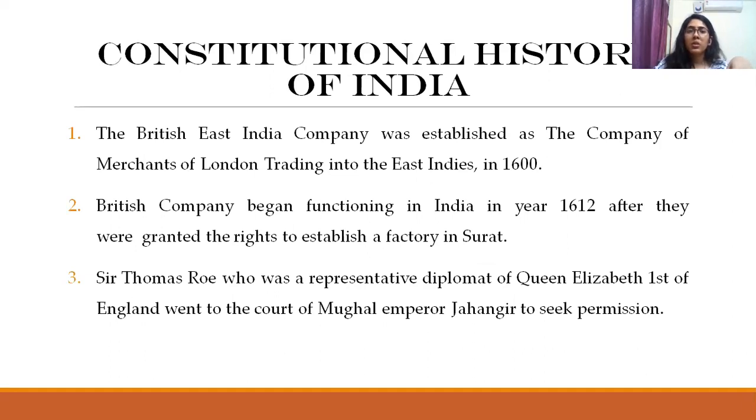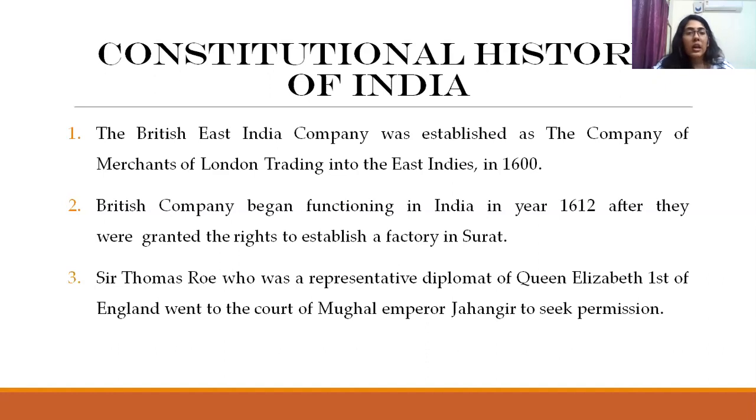So let's begin with the constitutional history of India. So how it all began. So the constitutional history of India basically started when the British East India Company established its presence in India, that is in 1600. The British East India Company was also known as the Company of Merchants of London, trading into the East Indies. So the British company began functioning in India in 1612 after they were granted the rights to establish a factory